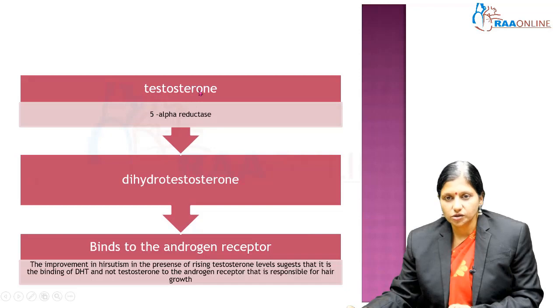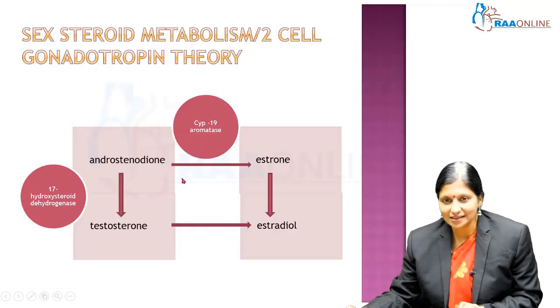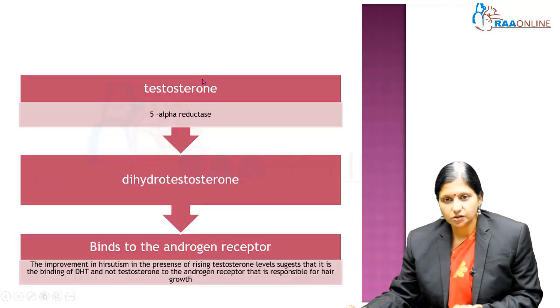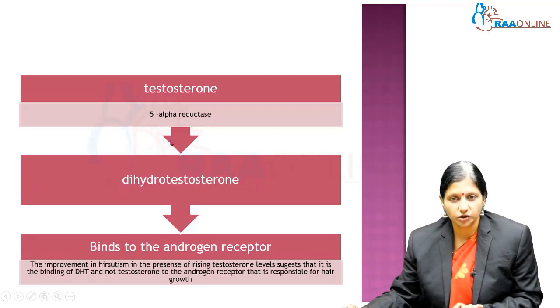Now, if the testosterone does not get aromatized properly and there is an arrest at this level, that is CYP19 aromatase enzyme deficiency in ladies. If there is a block at this level, there will be more synthesis of androstenedione because of backlogging of the precursor, and there will be increased testosterone in the female body if this CYP19 aromatase enzyme is not functioning properly. Now, this testosterone gets converted into the biologically active dihydrotestosterone by the 5-alpha reductase enzyme.